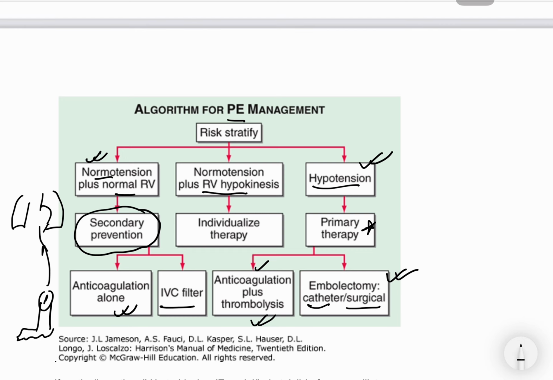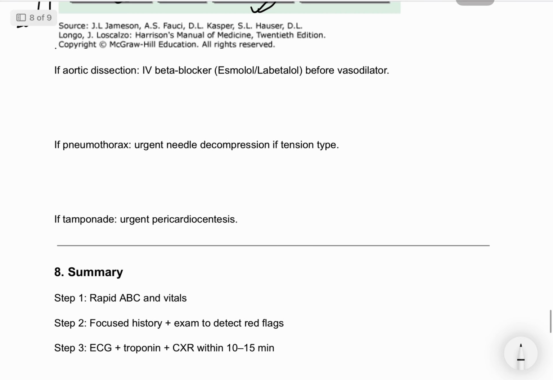We do secondary prevention with normotension and a normal right ventricular wall. If the patient is normotensive but RV hypokinesia is there, individualized therapy, either go to secondary prevention or primary therapy according to your need. After that, if you suspect aortic dissection, you have to give beta blocker first before vasodilator, and